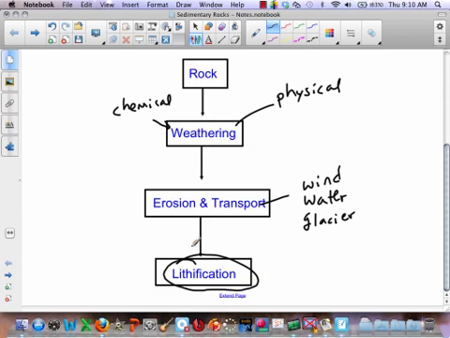Lithify, okay? Anytime we see that L-I-T-H, lith, what does that remind you of? Think about how lithification looks like something we talked about earlier. Think about the last unit. The lithosphere, what does that mean? Litho meaning what? And so anytime you see the L-I-T-H, it's usually going to mean rock. We talk about the lithosphere,